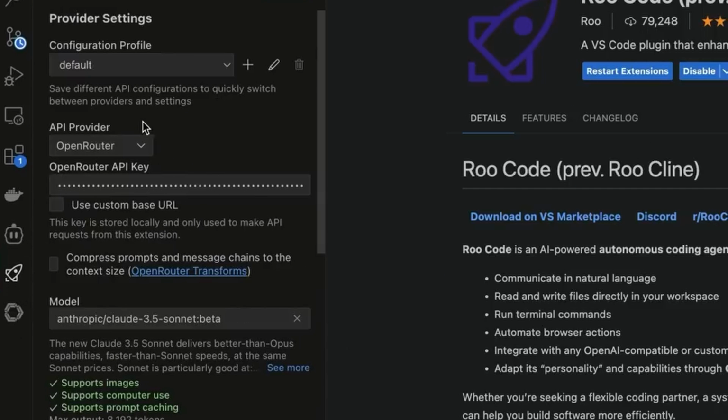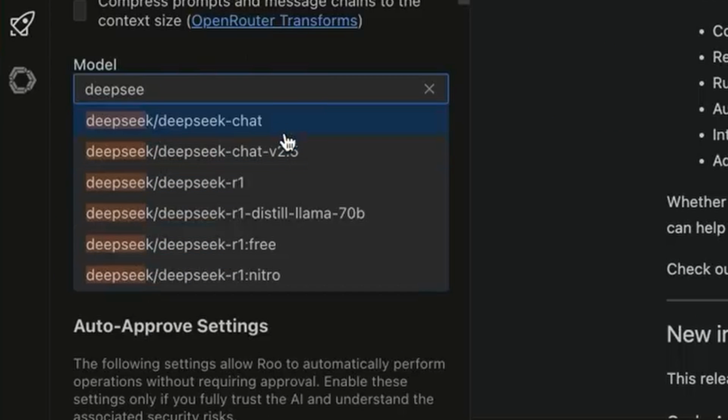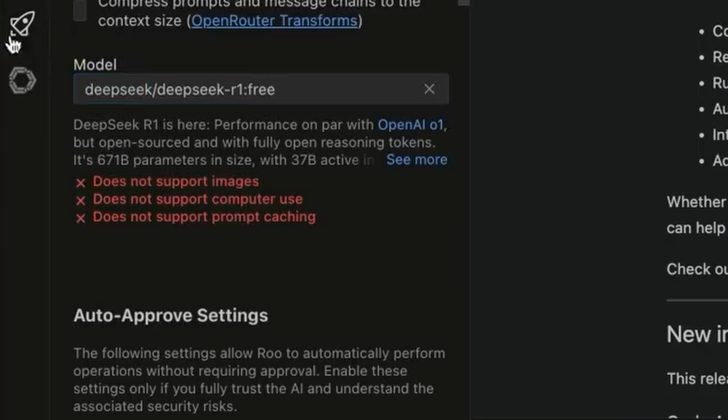Now, what you'll notice is I've plugged in my Open Router API key. This allows me to switch between APIs, but it also allows me to select from the list all the different versions of DeepSeek, right? Now, here's what's wild. There's actually a free API called DeepSeek-R1 free, along with R1, Distilled Llama, and Nitro. Pretty wild stuff. And that means you can use DeepSeek-R1 for free, from what I can see, directly as an